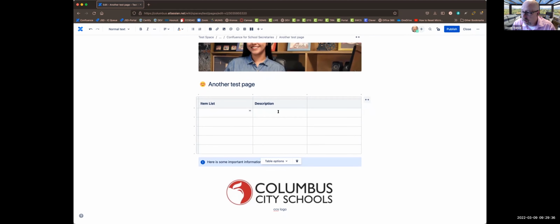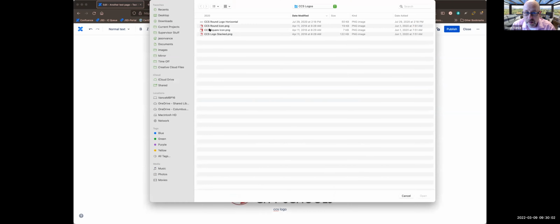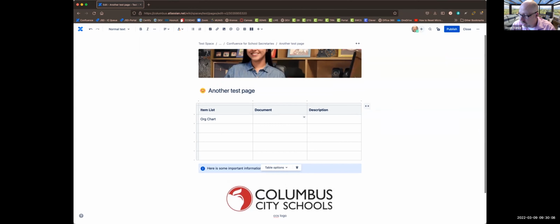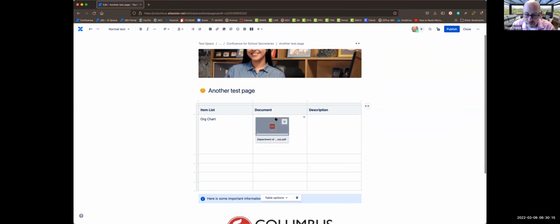So I'm just going to throw a document in here just so you can see what it looks like. Org chart, all right? So this is an org chart, and I want to paste a document in here. How do I do that? Well, you can go find a document by clicking on this Files tab up here at the top, and say, let me go find a document to put out here, whether it's an image or a document, doesn't matter. Or if you've got something, I'm going to just drag something from my desktop, which I know you guys can't see, but I'm going to drag it, and when I drop it down in here, I've attached that document to the page. So now when I publish this document and I